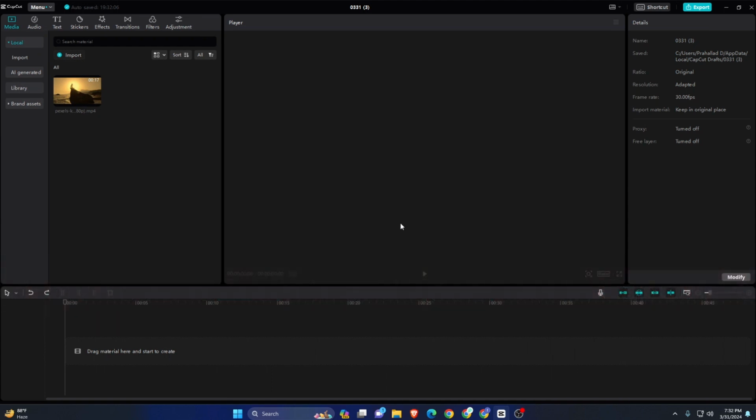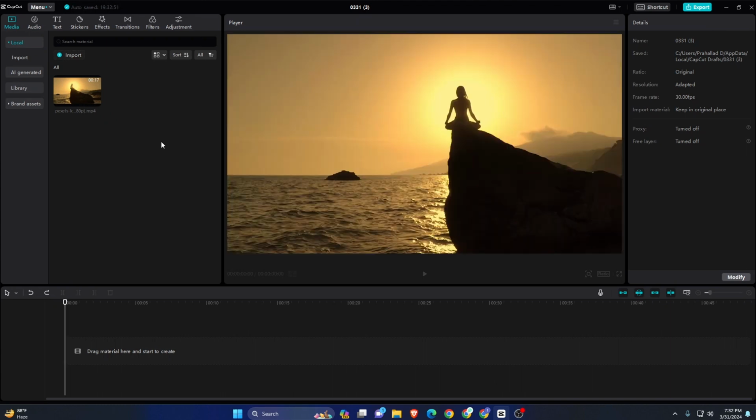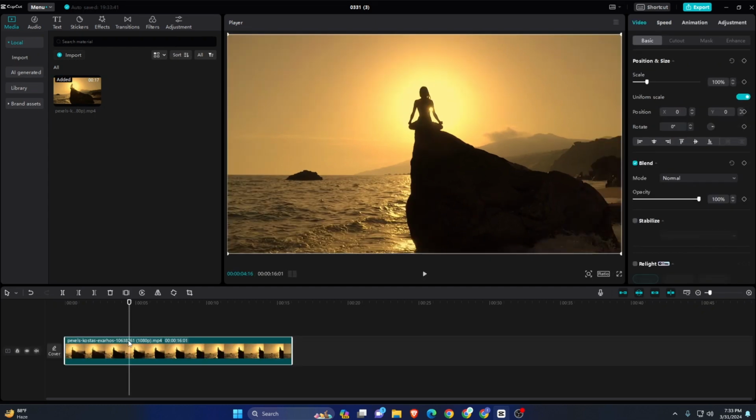Today in this video I will show you how you can add zoom in zoom out in CapCut. So as you can see, this is our video and I am gonna use this for zoom in zoom out effect. Now select the video where you want to start the zoom in effect, and on the right side here you can see video speed animation adjustment, and make sure you are on the video tab, and here basic,